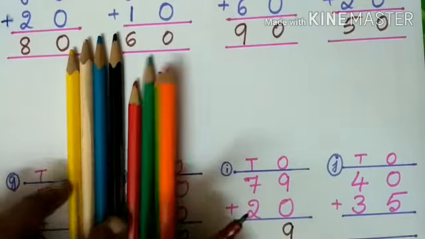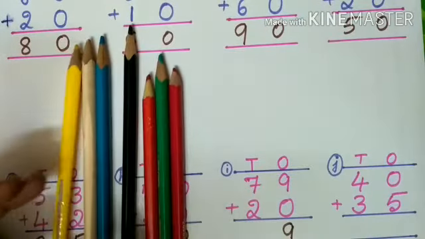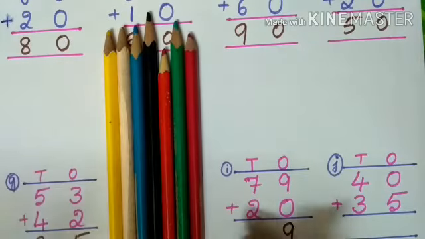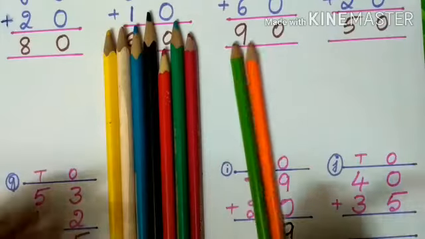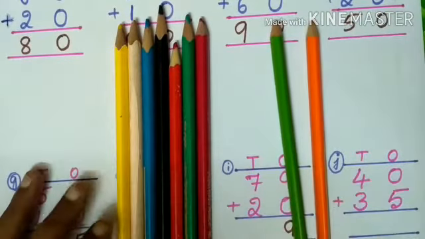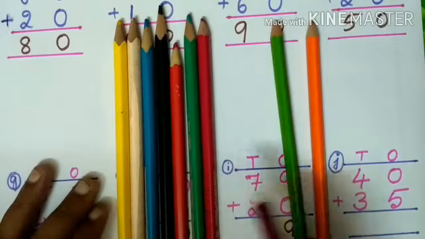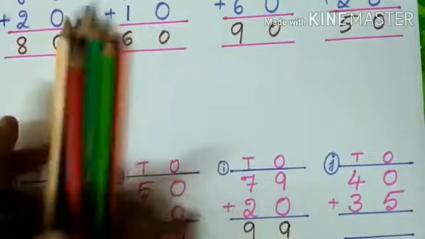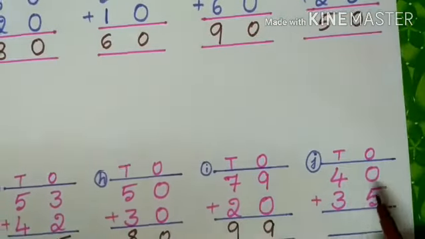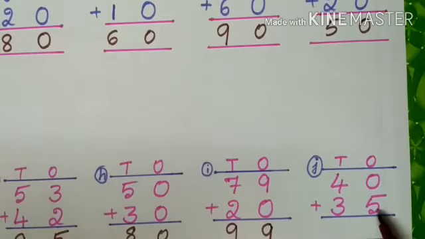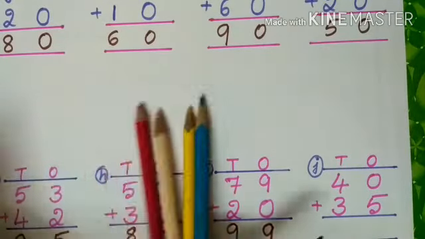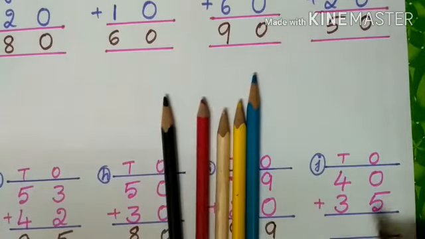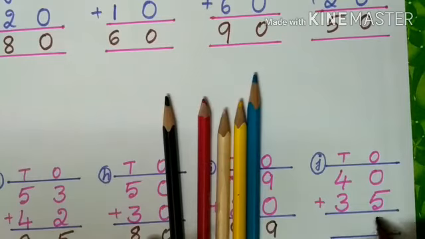Now 7 plus 2. Here I have 7 pencils. 1, 2, 3, 4, 5, 6, 7. 7 pencils and another 2 more pencils are there means how many are there all together? 1, 2, 3, 4, 5, 6, 7, 8, 9. There are 9 pencils together. Here 0 plus 5. Last sum is 0 plus 5. 0 means nothing and 5 means I have 5 pencils. 1, 2, 3, 4, 5. Right here 5 only. 0 plus 5 means 5 only.